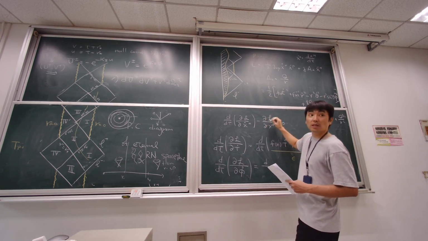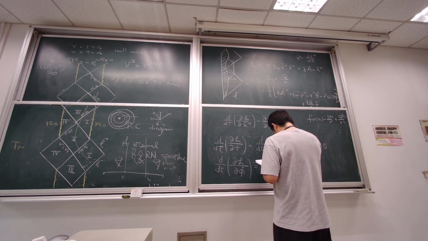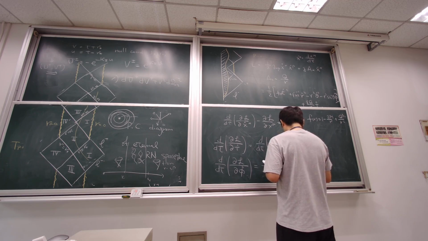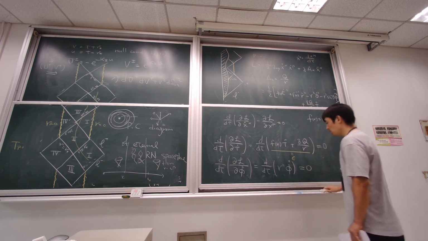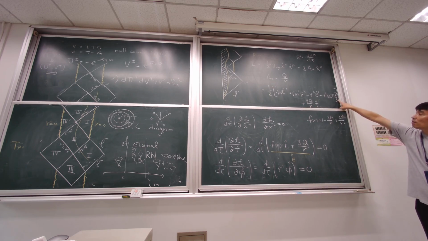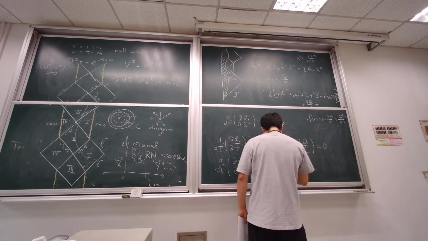So the second term does not contribute. D tau, and then what was that? So the equation becomes r square phi dot, and this is equal to 0. So phi dot only appears here, and then somehow I put theta equal to 0. Actually, this is in fact r square sine square equal to 0.